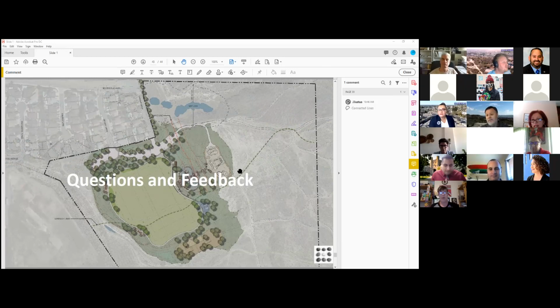Yes, we have a comprehensive lighting program, so there'll be full lighting around all of the walkways, the main walkway around the lower portion of the park. There will also be lighting at the playground and up the,